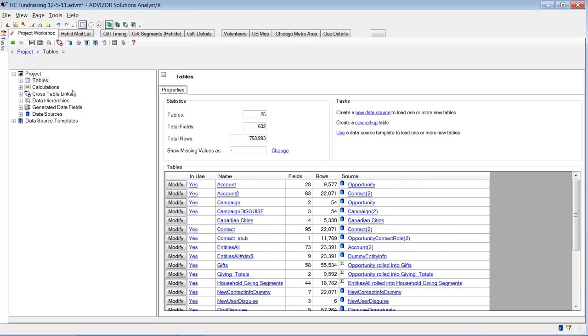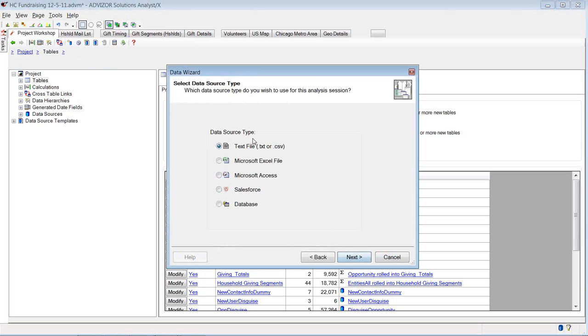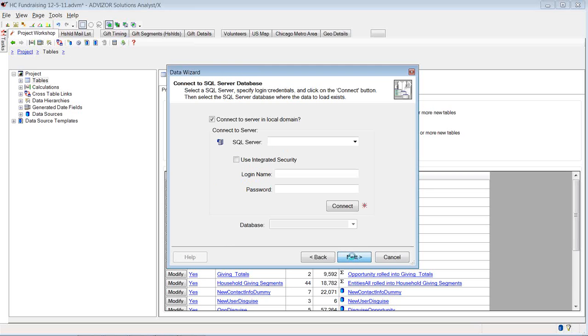And then what happens is, to load a table, there's just a wizard. If I want to go load a new data source, I just click this. I would go in, same, it's in a database. I load maybe SQL Server, where a lot of the Razor's Edge stuff, which is prevalent in the higher ed fundraising industry, is. I log on. And then if I don't have a SQL Server accessible right here, but this would let me then pull in an entire view or a set of tables. I can execute a SQL command. I just normally though would bring in the Razor's Edge tables, and often it's bringing in 20 to 60 tables,